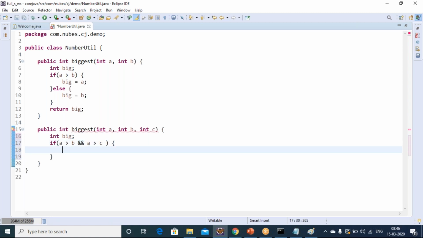If A is greater than B and A is greater than C, then the big value is A. If not, if A is not greater than B or A is not greater than C, then I am going to write it here. Else if B is greater than C,